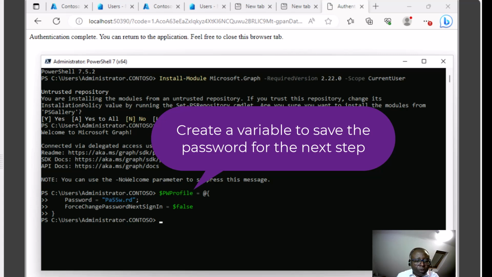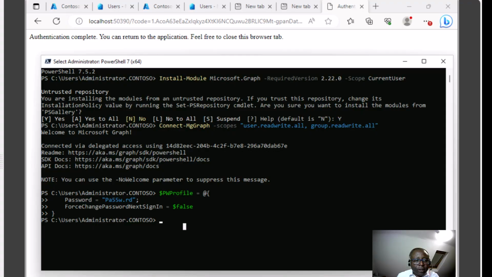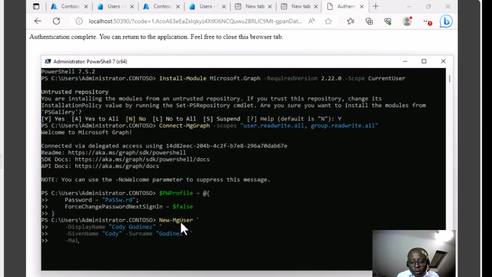Password will change. And now the best part is now here where we want to create a new user account. To create a new user account, we can type here the following code. The command is New-MgUser, Microsoft Graph user. You see, M is for Microsoft, G is for Graph, so new Microsoft Graph user, and we have to specify